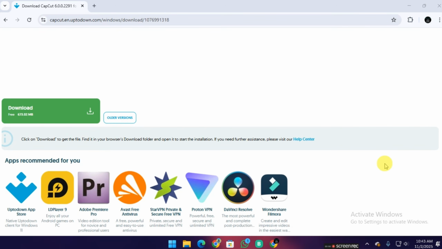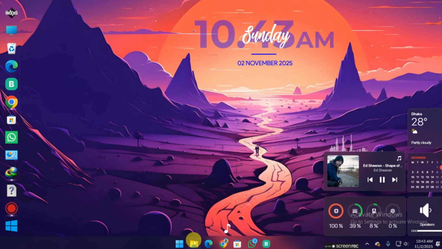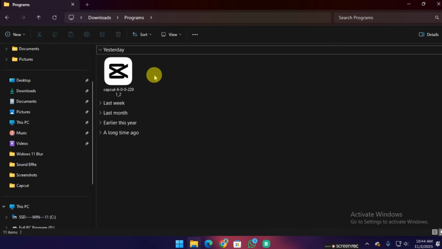I already have it downloaded, so I'll cancel it. Now I opened File Explorer and installed the downloaded CapCut file.